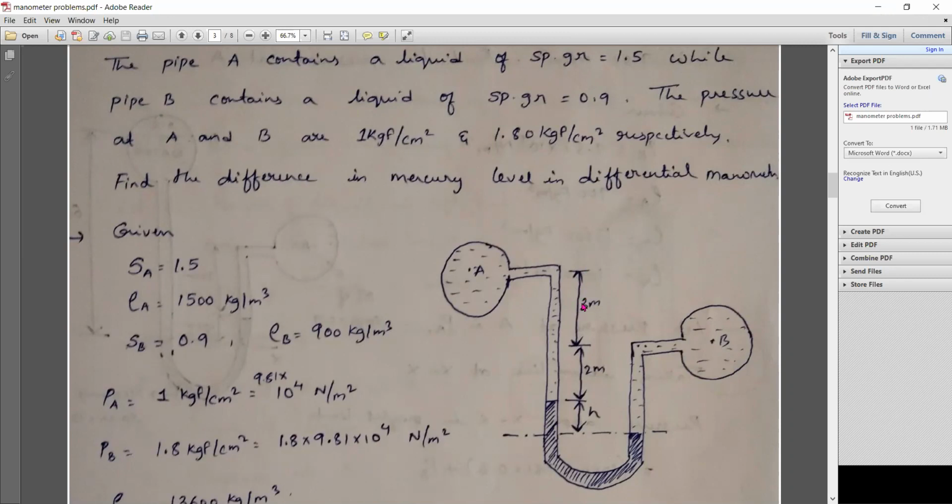See here, these heights he has given in terms of meters only. Sometimes he'll give in centimeters. At that time we need to convert this into meters because all other terms which we are keeping here are in meters only. Okay. So this you can hatch more. It should be mercury, darker in color. And here you can write this as x, nothing but at that section, XX. Pressure in the left limb will be equal to pressure at the right limb. Right, if you are finished, please inform me.